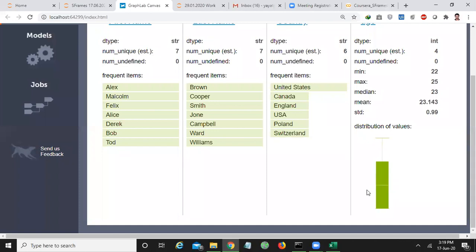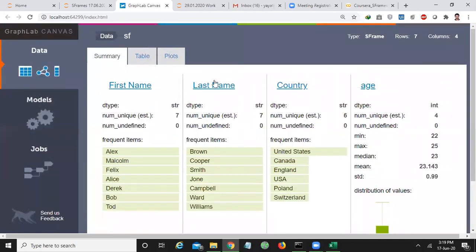This white line, if you observe here, represents the median of your data set, not the mean, the median. And all the values are in that range only. We don't have any outliers here. What is the median of your data set? 23, right? 22, 24, 25, all are in the range of 23 only. That's why all are inside the box plot itself. We don't have any outliers here. That is the first step.